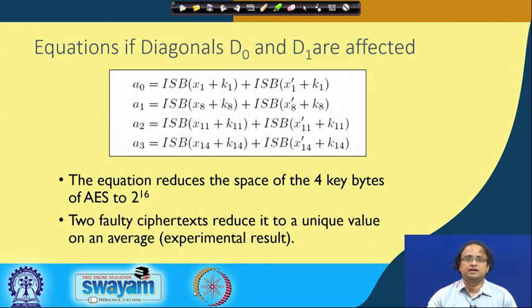But at the same time, you have to keep in mind that you have to observe 2 power of 64 values and then take a possible intersection, which may not be very practical. On the other hand, when the fault is restricted to a single diagonal, then the attack is more practical because you are able to operate with 2 power of 32 values quite easily. But this also shows that theoretically there is a leakage, and that is something that is not very comfortable from the designer's point of view.